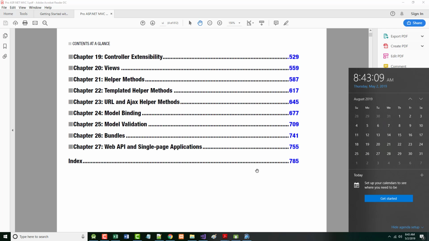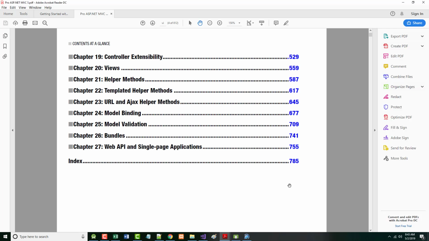But the way this class will work is we're going to do just a boatload of hands-on stuff. Every single chapter that we go over will have you coding. However you do that is up to you. Again, the way this will be set up,